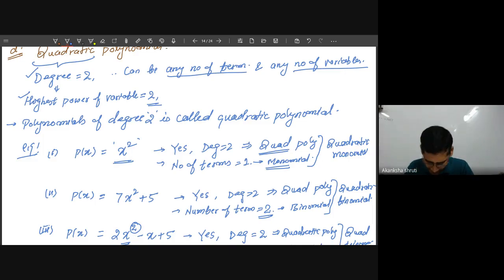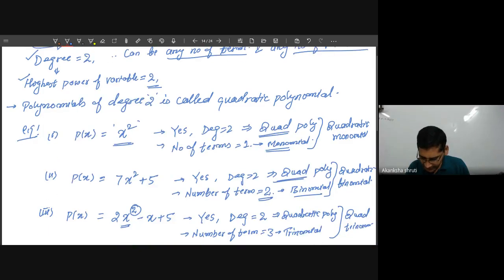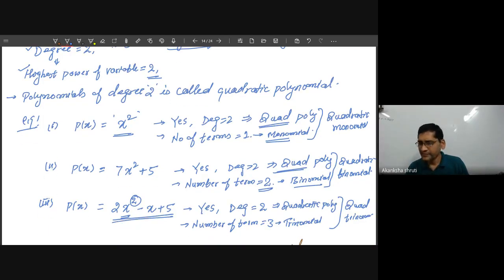Okay, student. Similarly, the other one, say 7x square plus 5. Here the constant term is present, the x square term is present, but there are two terms, so it is called a binomial. In terms of naming according to degree, it is called a quadratic polynomial. Combining these two, it is called a quadratic binomial. If there is 3, it is this one: x square term, x and constant. These are the most general forms. Other than this, there cannot be anything else, like x cube is not possible.